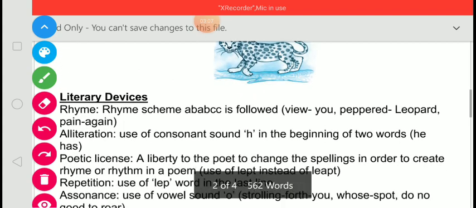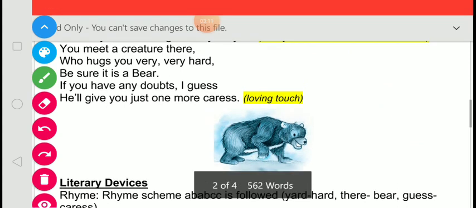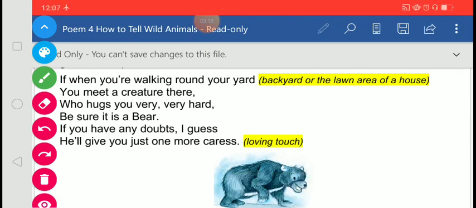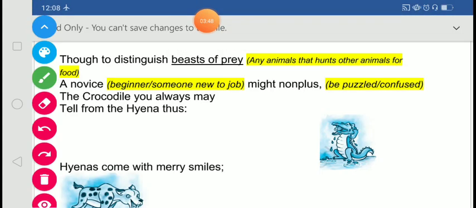Then she moves on to the bear, which she says will hug you very tightly. This is the way to recognize a bear, as it kills a person by hugging him very tightly. So she says that the bear will continue to hug us tightly, and that is the only way to recognize him. After this, she asks the readers whether they know how to recognize beasts of prey